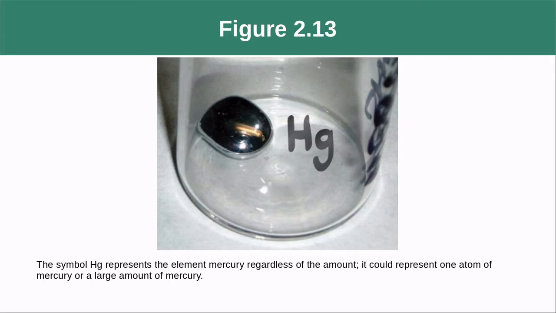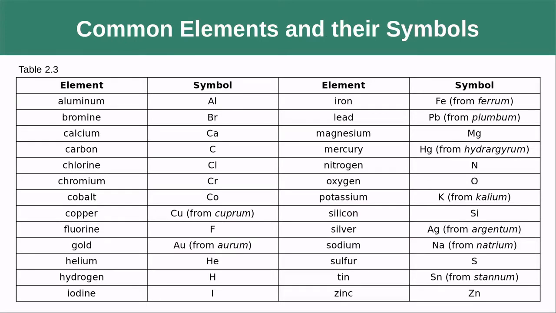Here is an example that's mercury in a jar with its little symbol, Hg, on it. Here is a list of some of the more common elements and their symbols. So, you know, aluminum, we have Al, bromine, we have Br. Those ones all make pretty good sense, but every once in a while you get something like gold is going